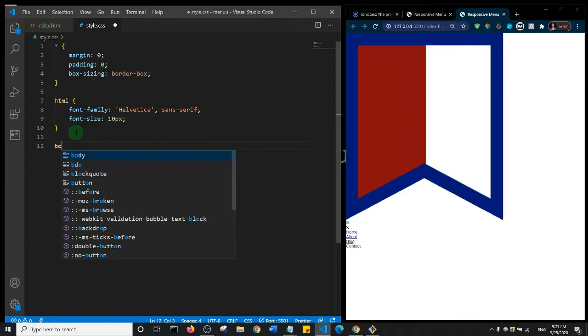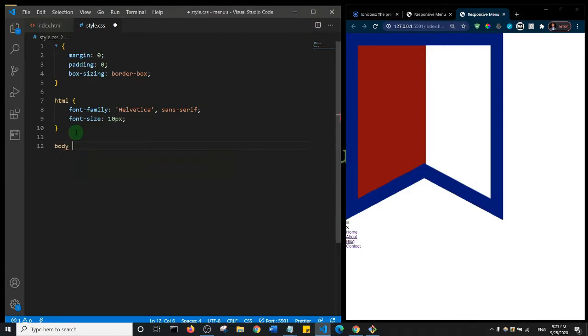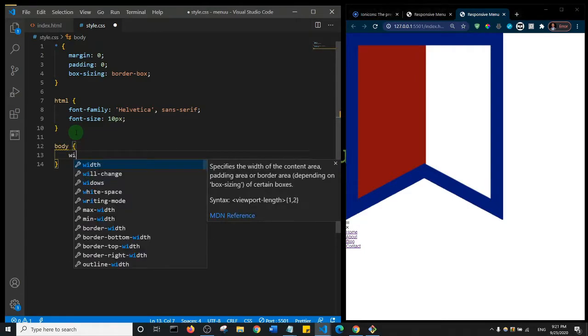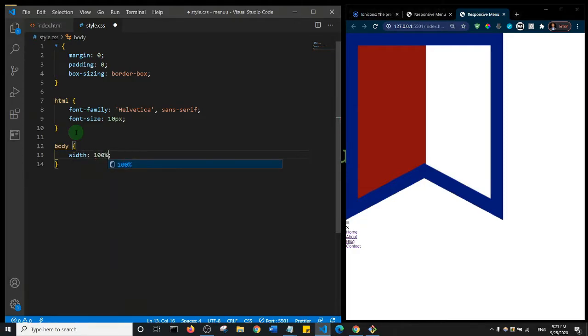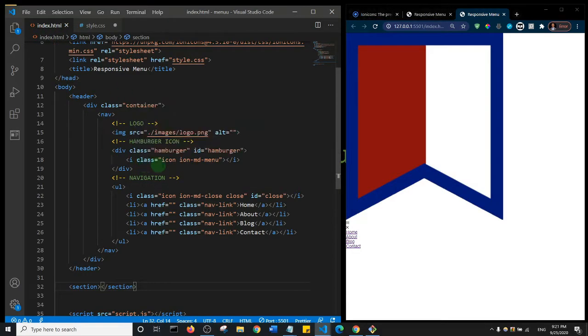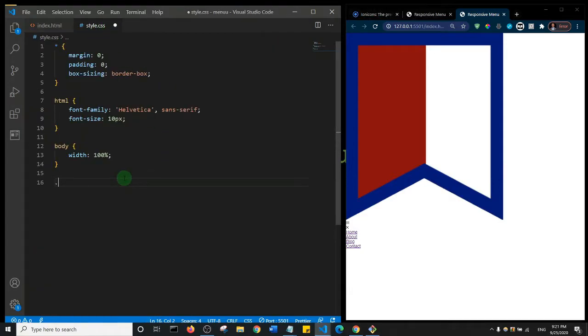Then for the body, I'm just going to say I want it to have a width of 100%, and I'm also going to add a style for my container right away. So this container class, which I would use in all the sections, I'm just going to add some styles for it. So I'll say dot container,